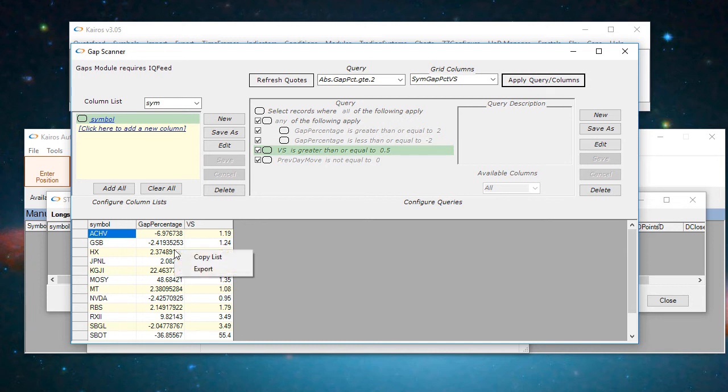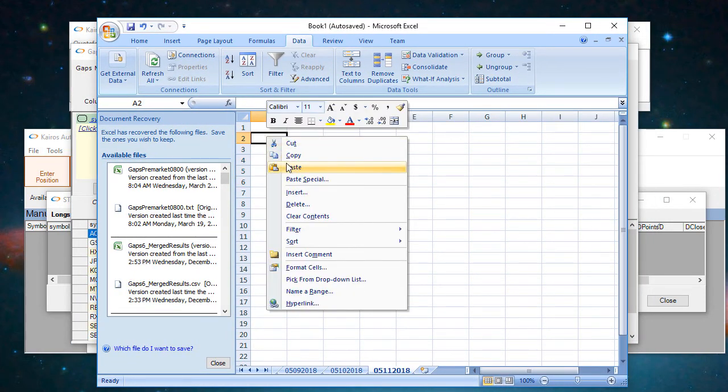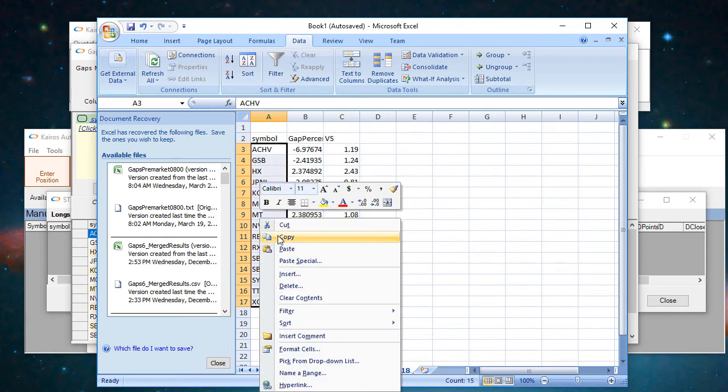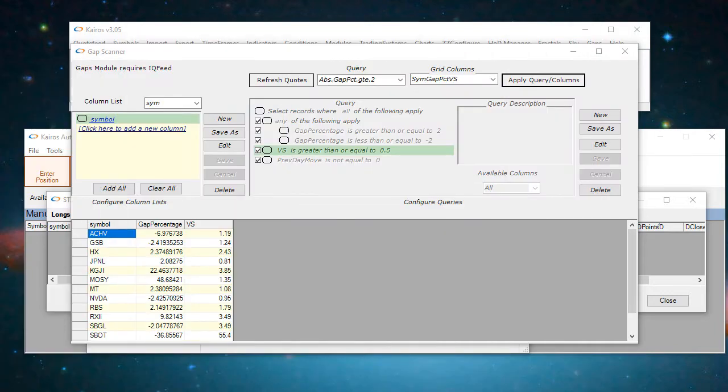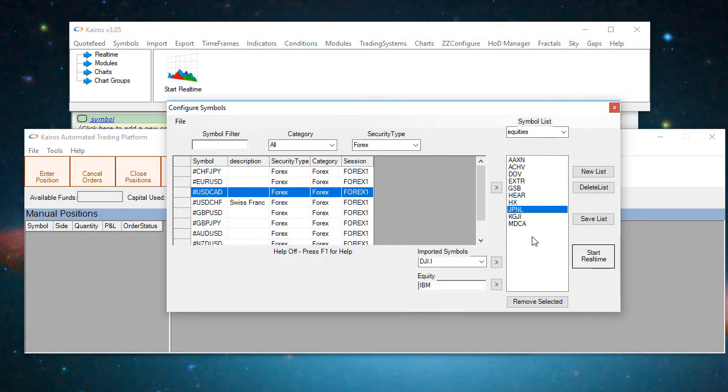So what you can do is right click, copy the list, then I like to paste it into Excel, and then I just copy the list of symbols like that, and I go into the configure symbols window, I right click, I paste, and I save list. And then to get it going, I just press start real time, and it'll start the loading process